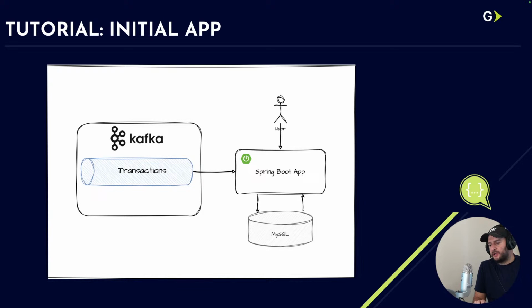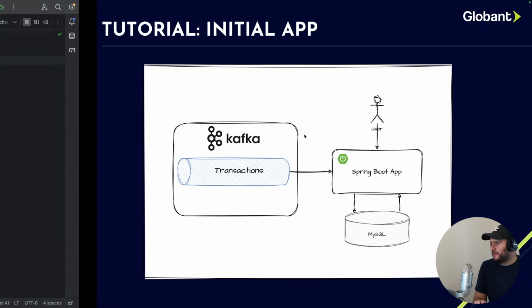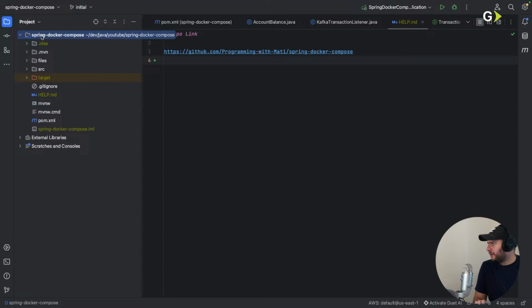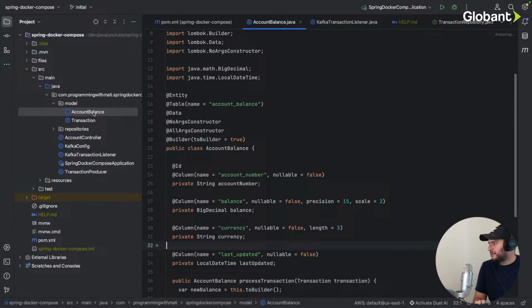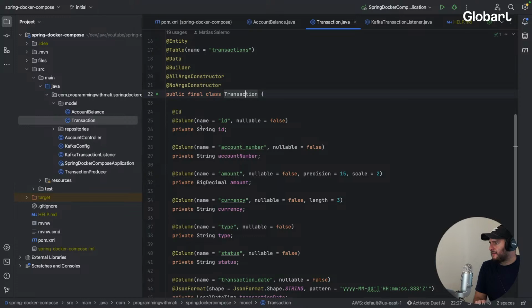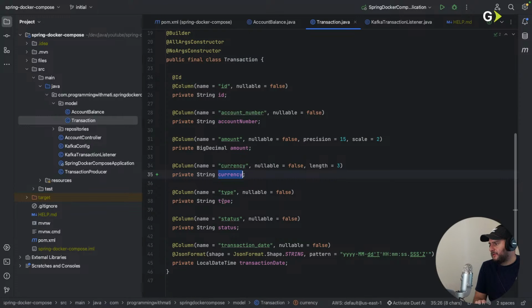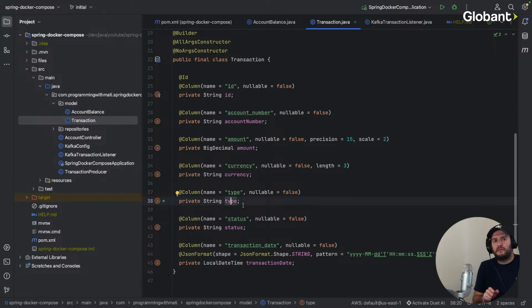So I'm going to walk you through the code very quickly. I have the code right here, and I'm going to be browsing the code. So we have model classes. We have the transaction class, which has an ID, an account number, an amount, currency, the type of the transaction, whether it's a deposit or a withdrawal,